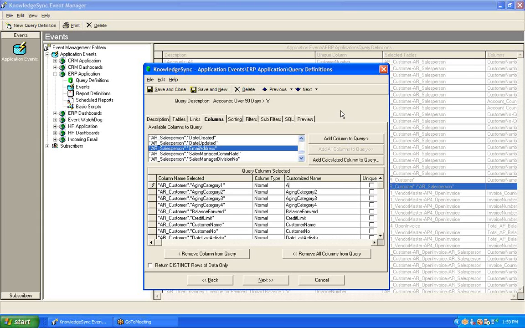So we can change the customized name. We could change it to read over 30 days. And we could similarly change the customized names for aging category 2, 3, and 4 to over 60 days, over 90 days, and over 120 days. Now, you might want to do this for a couple of reasons. Number one, to make the fields a little friendlier, to make them a little more obvious in terms of the values they actually contain. And that's important because when we get to the step of designing the actual alert message,